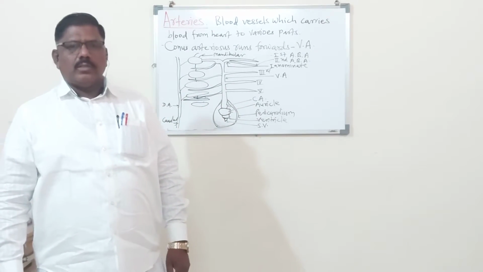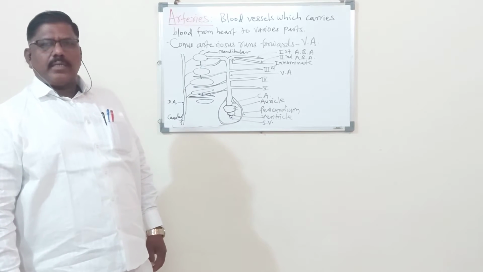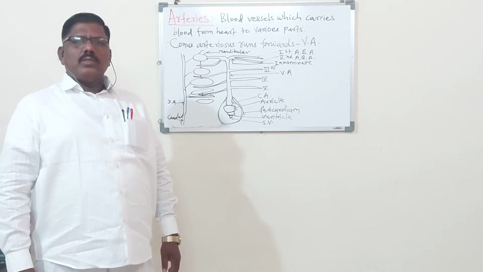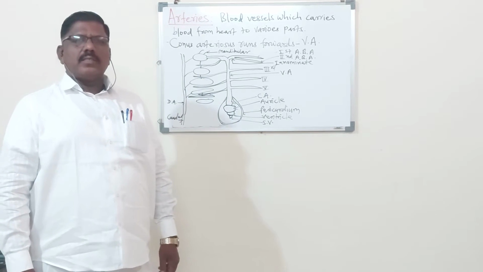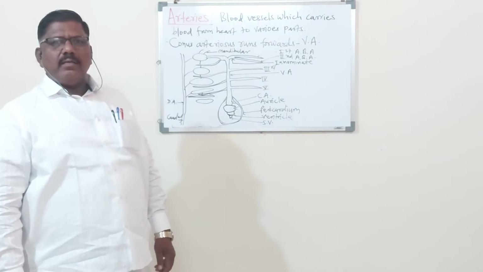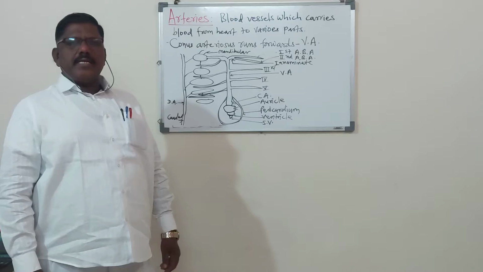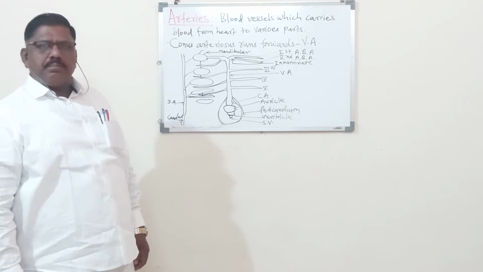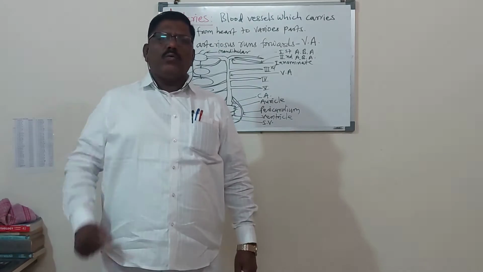Dear students, today we will continue the circulatory system of Scoliodon. Already we have started the circulatory system of Scoliodon and we came to know there are four parts. First part is the blood, second part is the heart, third part is the arteries and fourth part is the veins. So blood we have already studied and heart, internal structure and external structure we have already completed. In today's period we will study the arteries and then we will study the veins.